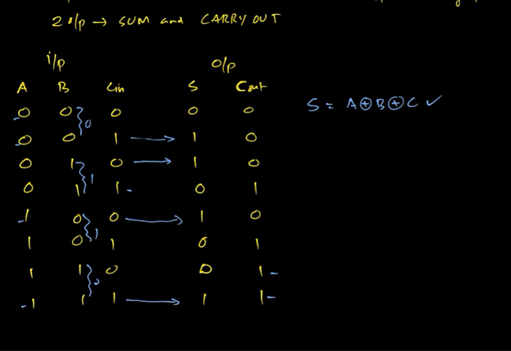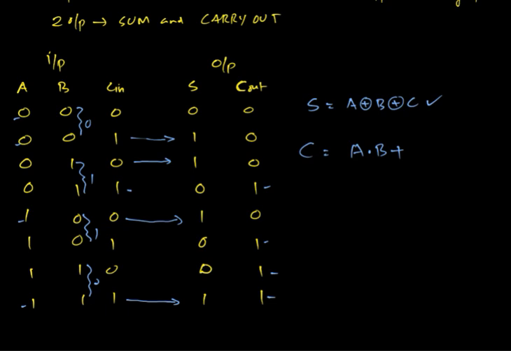So when A and B are high for both, whatever C in may be, A and B are high, it will be high. So we can have a relation like this, A and B. Not only for this one, some other combinations are also possible. So it can be ORed,